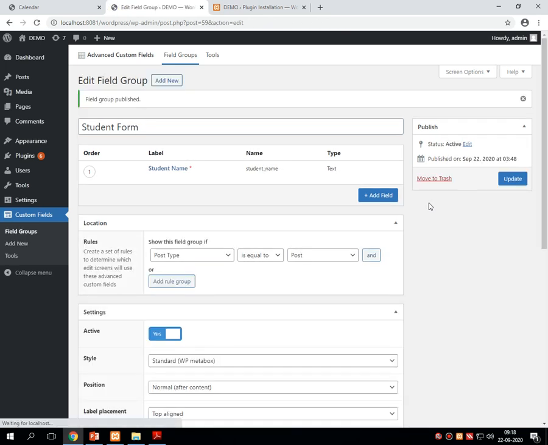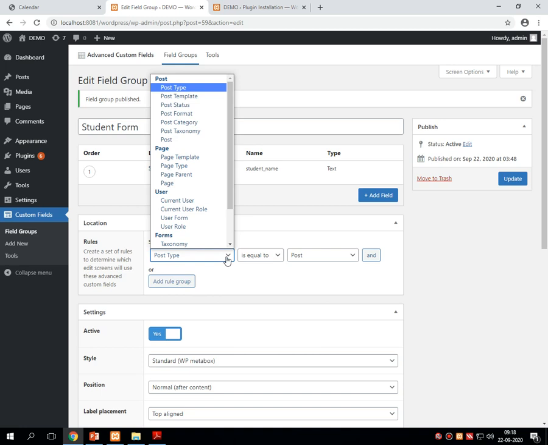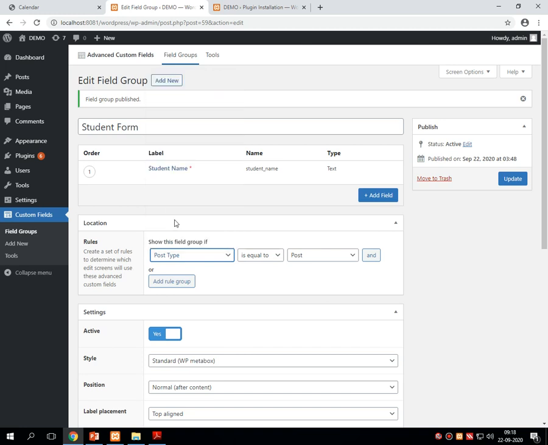I'm just adding one text over here. So it is done. Now what I have to do, either I can go for the post or I can go for the page. Many more options are also available. I can put this advanced custom field in all these options, but yet I have given on a post type, right? So let me check over the post.